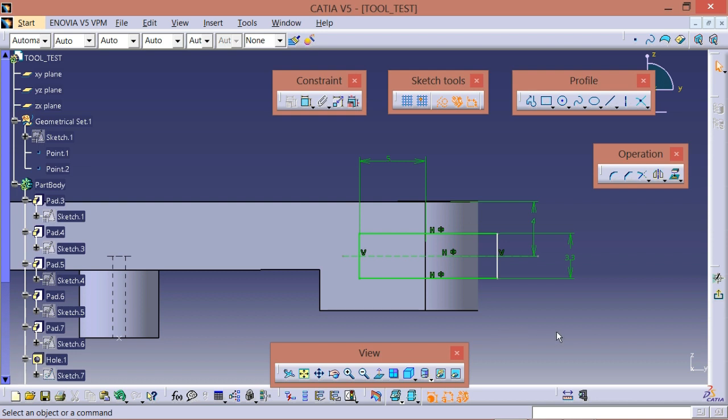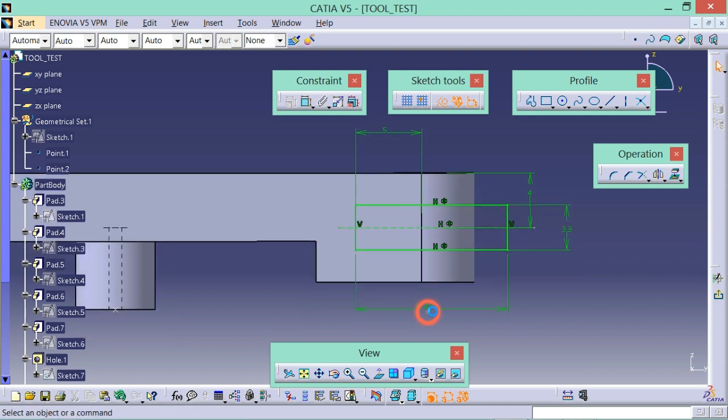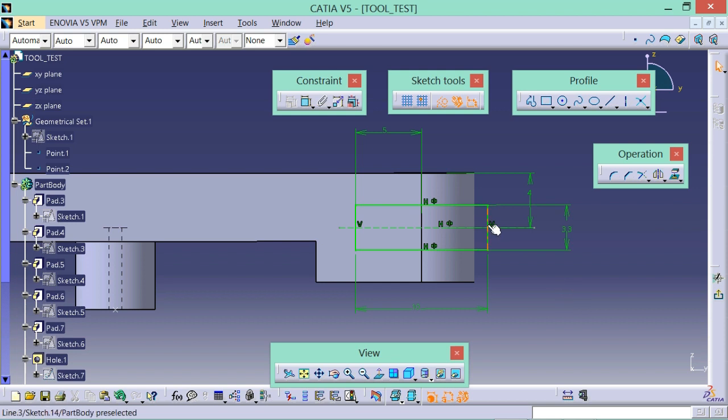Now this edge is not constrained, and you can constrain it, but its length has to be given more. This edge has to be outside of this feature,